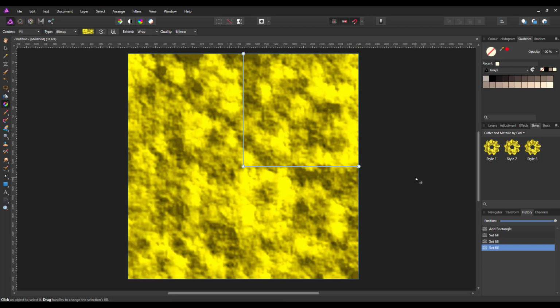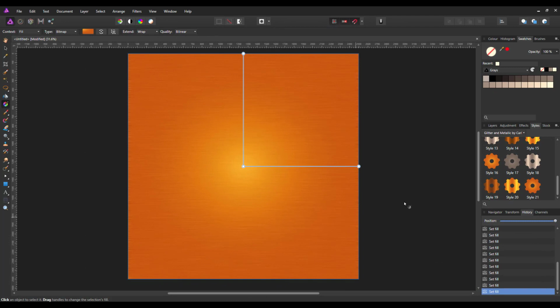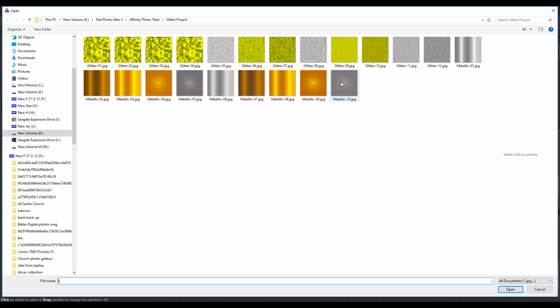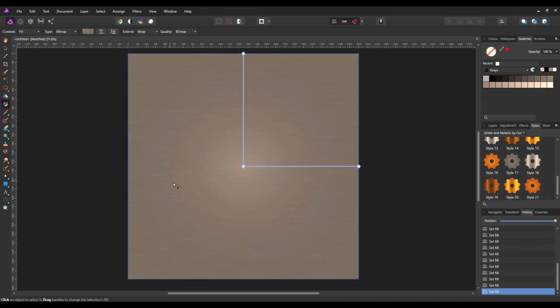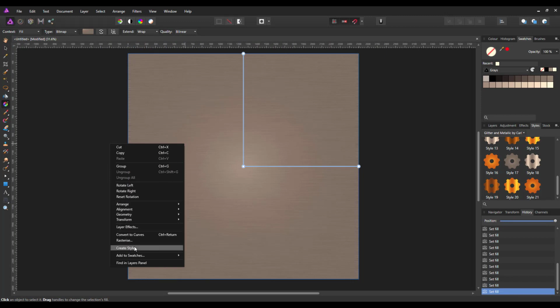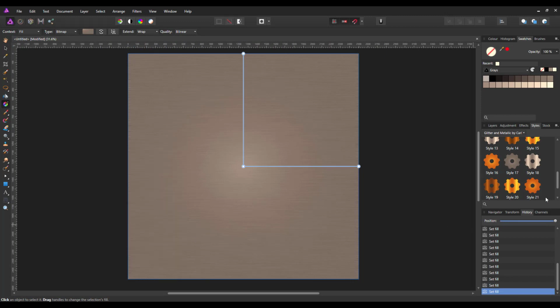So I'm going to pause this here while I do all of these, so next time I come back you will see that all of these are now made. Okay, so far I have made 21 of the styles. I've just got one more to go, so I'll click on this again, click on bitmap, and the last one is this one here, open, and then just right click and create style. And now I should have 22 different styles. So I don't need this anymore. I can just close it down,